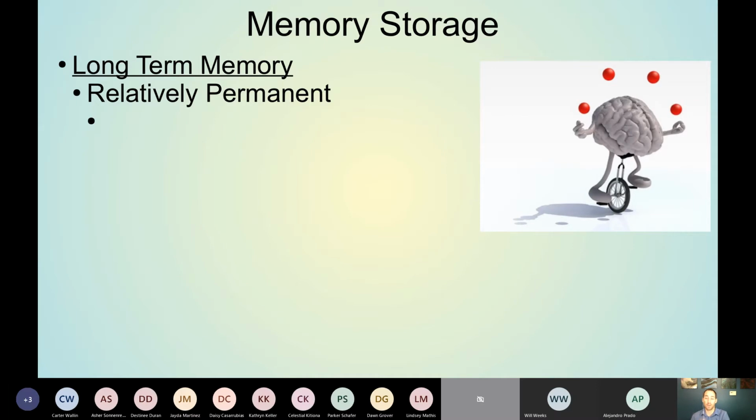We talked about the more modern term of working memory that kind of absorbs a lot of what short-term memory research did and was talking about. So not many researchers talk about short-term memory in that same way. It's kind of an aspect of working memory now, as it's discussed. And then there is long-term memory. So long-term memory is a relatively permanent aspect of